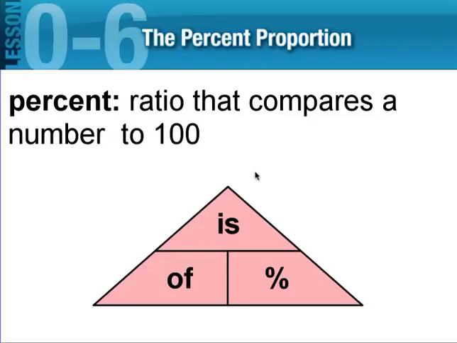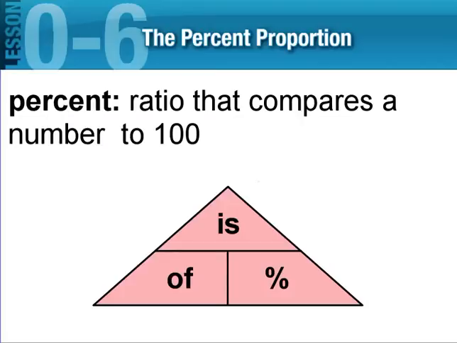So this is a triangle that I actually used when I taught 8th grade. What was that, 16 years ago? This is how it goes: is, of, percent. IOP. It's alphabetical, so that's an easy way to remember. And I'm going to show you a way that we can use that to solve some percent word problems. First thing we're going to do, though, is look at just writing numbers